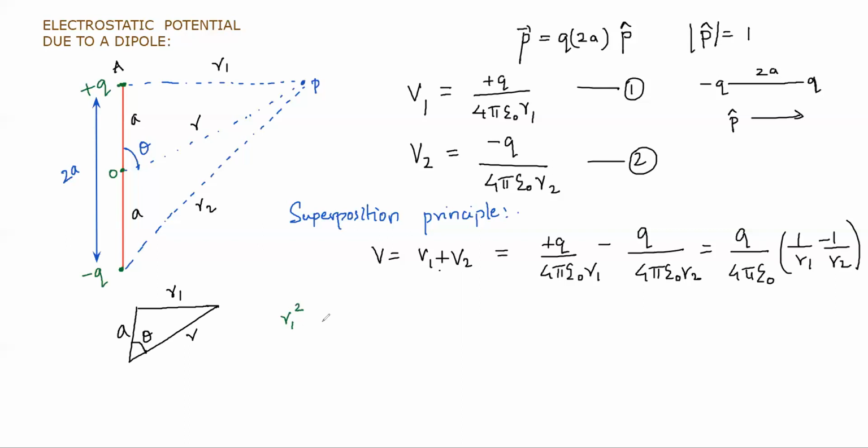R1 square equal to R square plus A square, if we know the other two sides and the angle made by the other two sides with respect to each other, we can use this. Remember there is a minus 2AR cos theta, and theta is the angle between A and R. Repeat it: R1 square equal to R square plus A square minus 2AR cos theta.